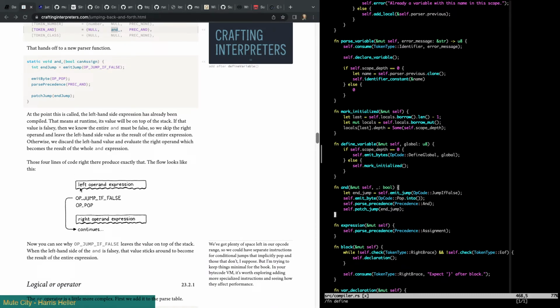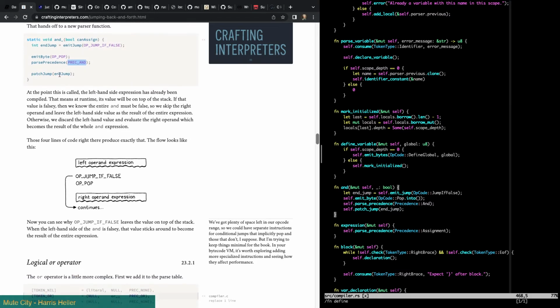The flow looks like this. Left operand expression, then we call AND, which pushes op jump if false, pushes an op pop. It does the right hand using the AND precedence, and then we patch the jump after the right operand expression. Now you can see why op jump if false leaves the value on the top of the stack. When the left-hand side of the AND is falsy, the value sticks around to become the result of the entire